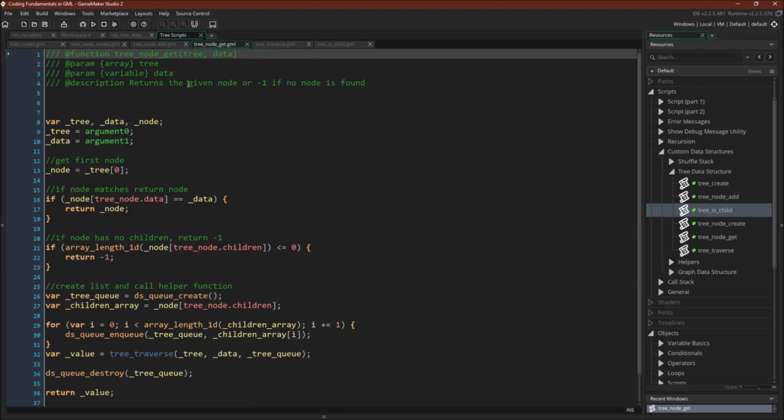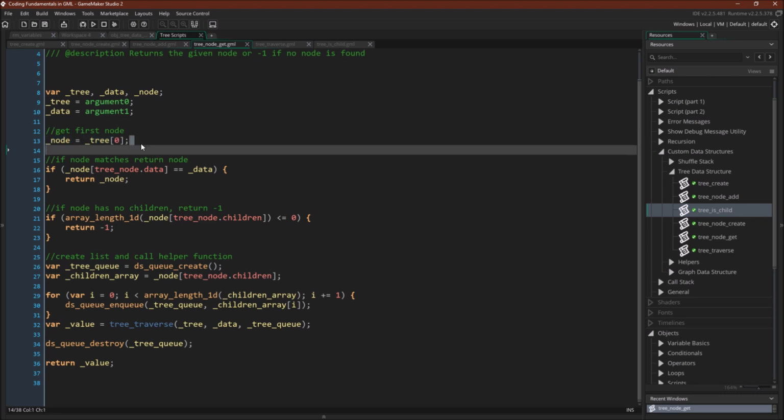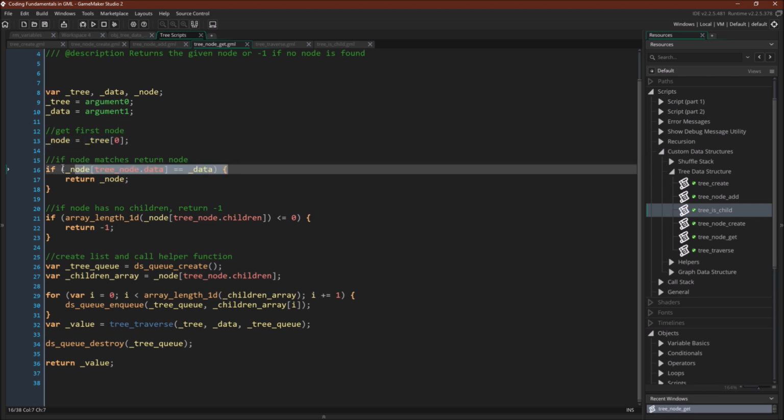So it takes 2 arguments, which is the tree and the name of the node. The first thing we do is get the first node of the tree. The tree itself is an array with only one node, so we can just do this. We're going to see if the data in the node matches the data that we gave it. If so, return the node,